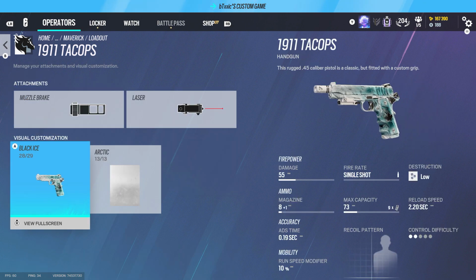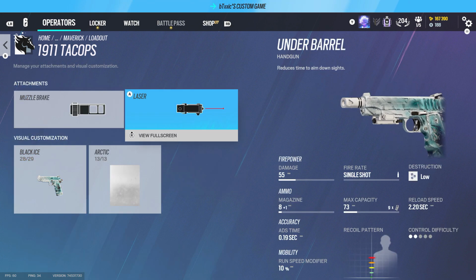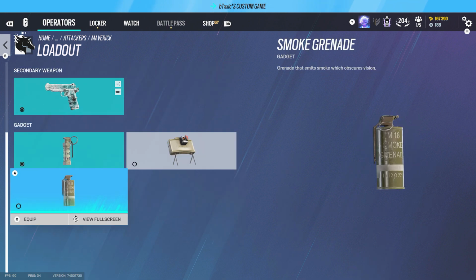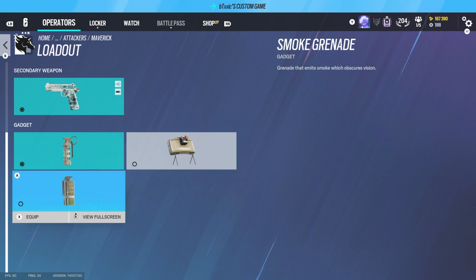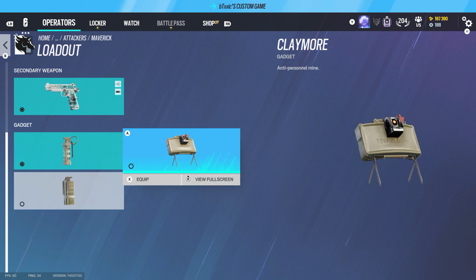You only get one secondary. I run lasers on basically everything but shotguns, and flashes again. If you plan on playing Mav and you're gonna go and rappel somewhere, or you're worried about flanking, bring the claymores. Especially next season, claymores are getting buffed. There's not gonna be any delay time from when they trip to when they go off, so it's gonna be a lot harder to